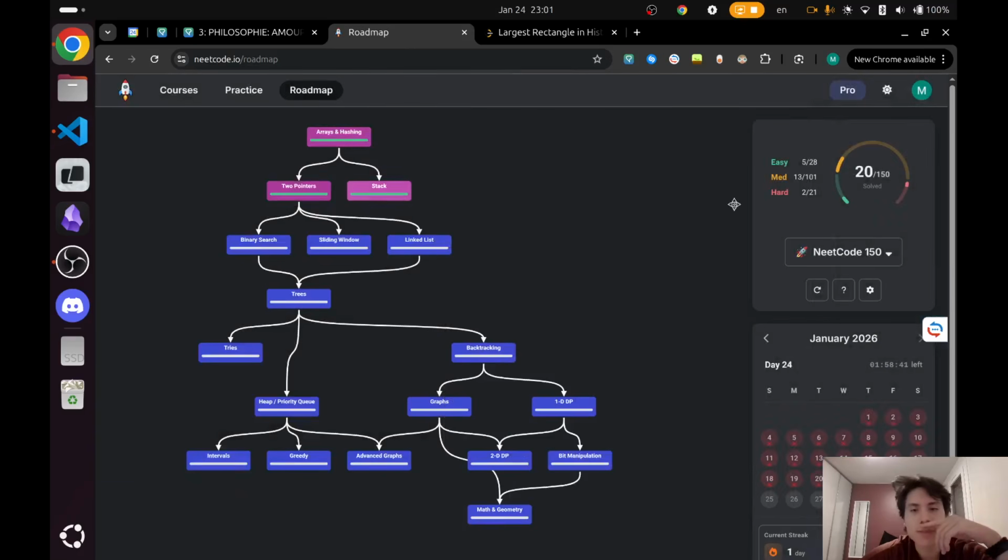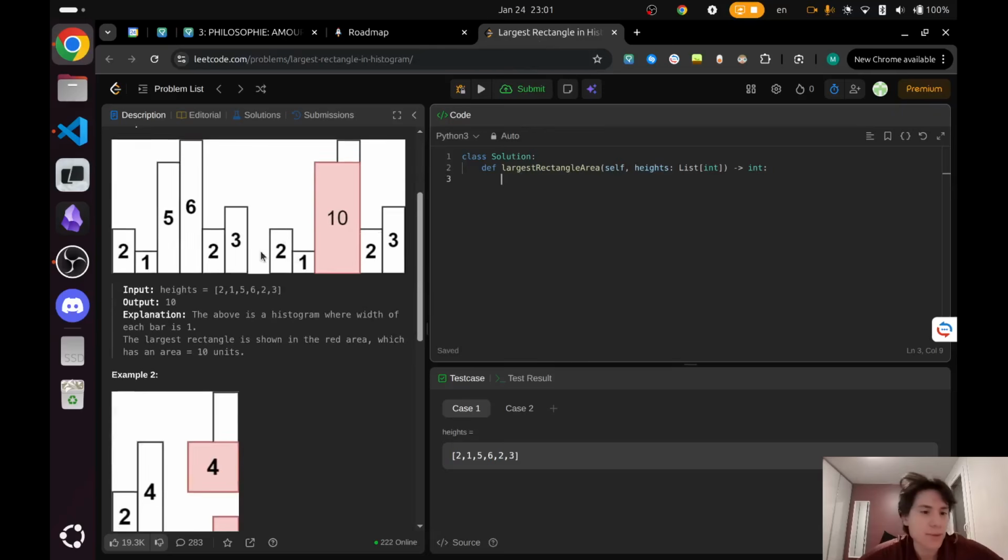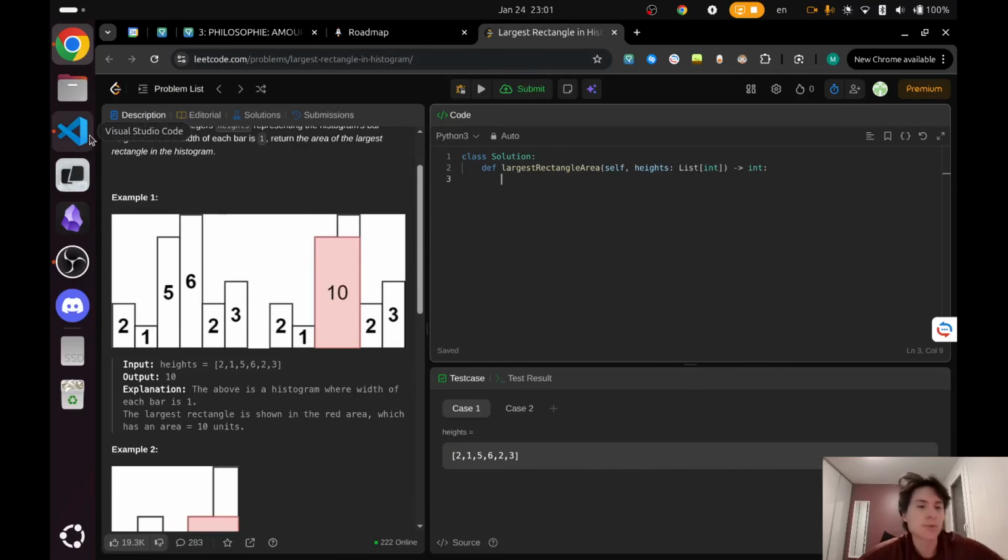So with this one, we are gonna finish the first three data structures, and we're gonna be at 20 out of 150. So let's try to solve it. So the intuition for this one was